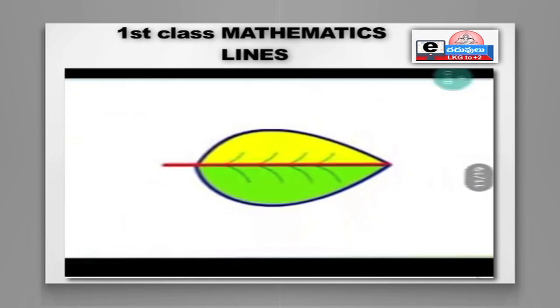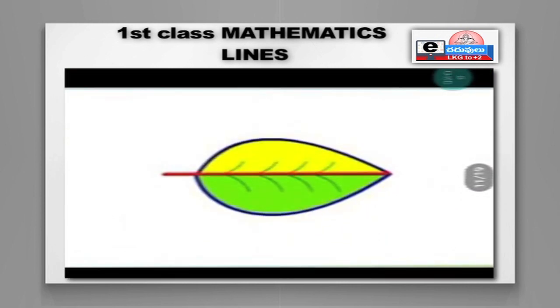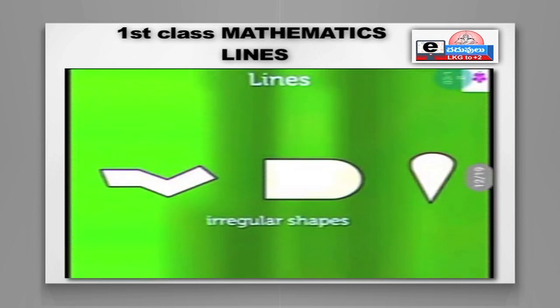Like this, in our daily life, while we are seeing some things, plants or animals, whatever it may be, we can watch a curved line and straight line. Yes or no? Yes. See, irregular shapes. In our home, everything has a shape. If we compare with the TV, it has a shape, right? With straight lines. 2 vertical lines, 2 horizontal lines. That means 2 standing lines and 2 sleeping lines. Like that. All are like this only. Okay?